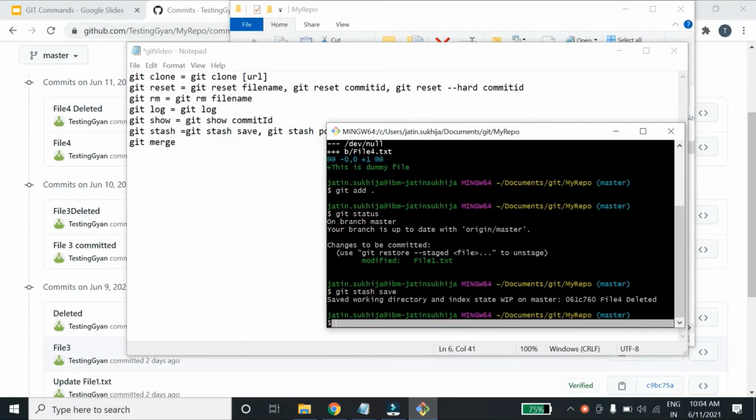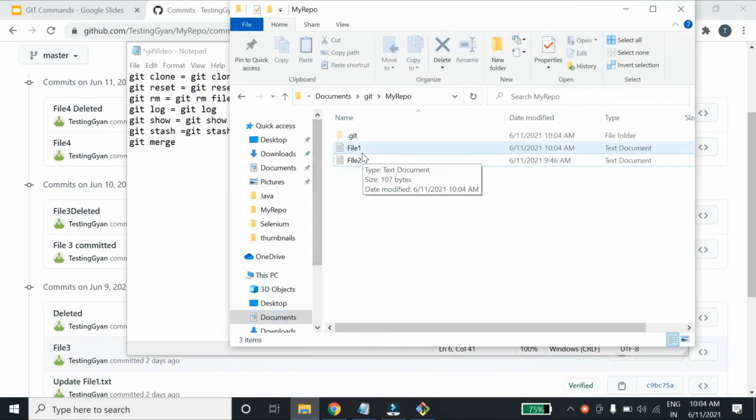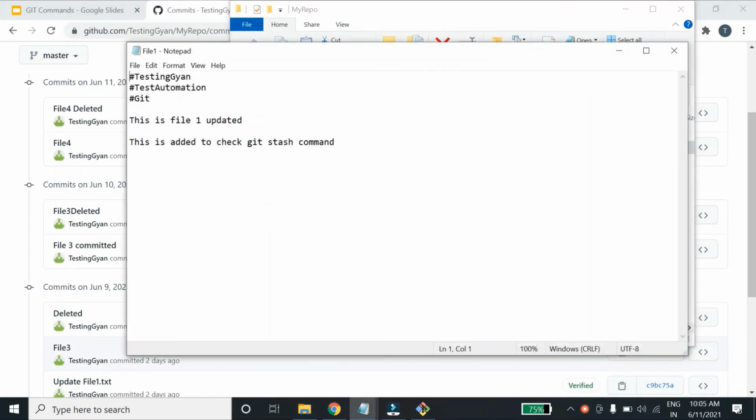So if I do git stash pop and open the file again, see, this line has been added again. So git stash save will store this change somewhere with some ID, and if I do git stash pop, it will bring back the last stash saved.